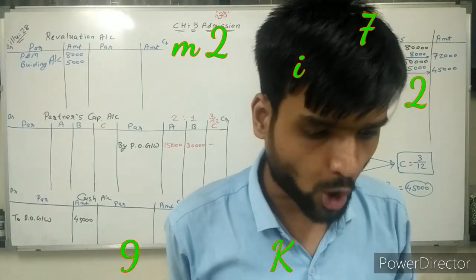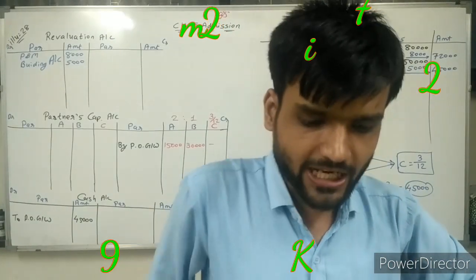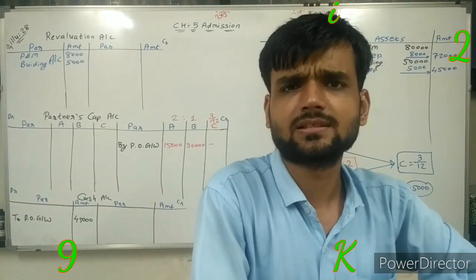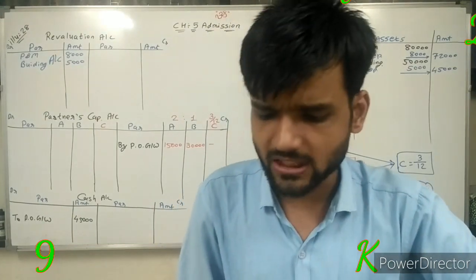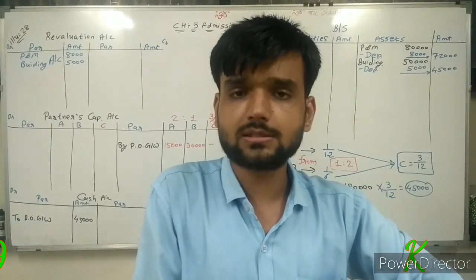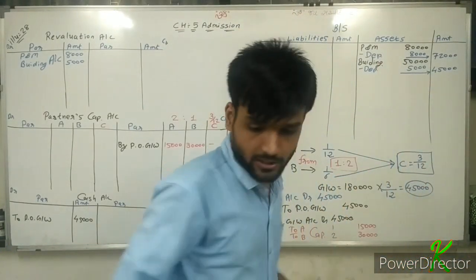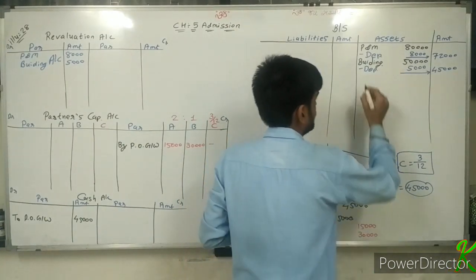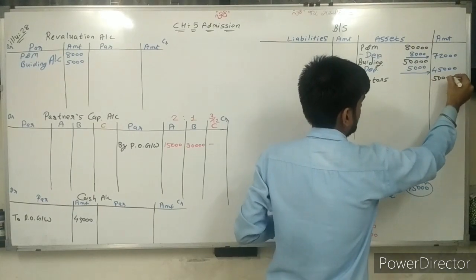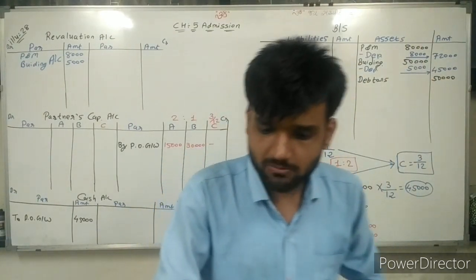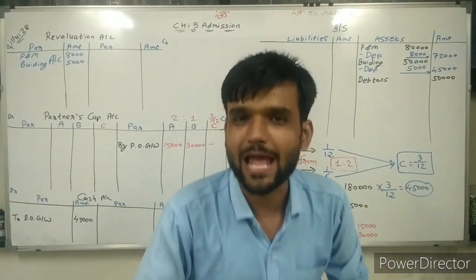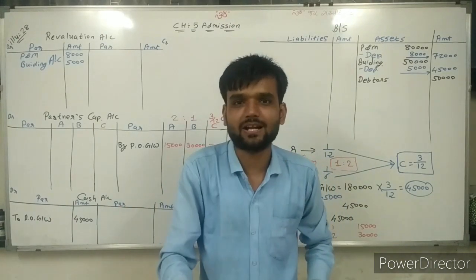Now, in the fifth adjustment, all debtors are solvent. It means bad debt reserve is not required. All debtors are good debtors. Now here, debtors minus bad debt reserve is given. But all debtors are solvent. It means all the debtors we have to write as it is. Here debtors are given 50,000. So write down debtors. All are good debtors. Minus bad debt reserve is given. But now no need to write bad debt reserve because all are solvent. So now bad debt reserve is not required.